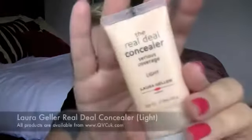So I'm going to start by using Laura Geller's Phenomenal Foundation in Fair and a regular foundation brush. And this is actually a little bit lighter than my natural skin tone, but not too much. I think you can get away with going one shade lighter. I'm then going to conceal any blemishes and my under eye circles with the Laura Geller Real Deal Concealer in Light and a normal small concealer brush, and I'm just putting a little bit on the back of my hand